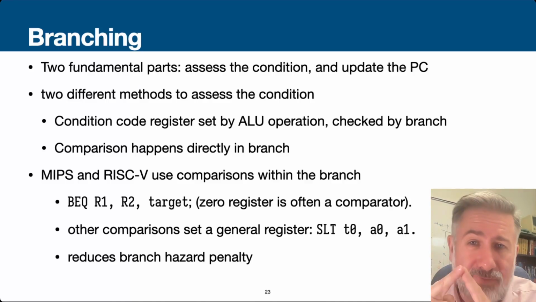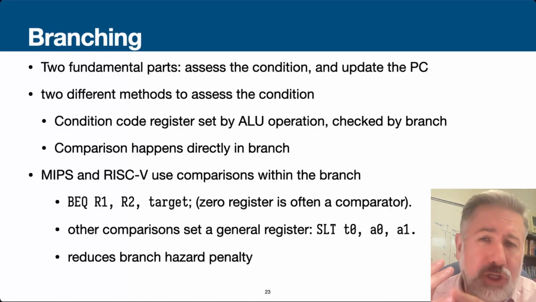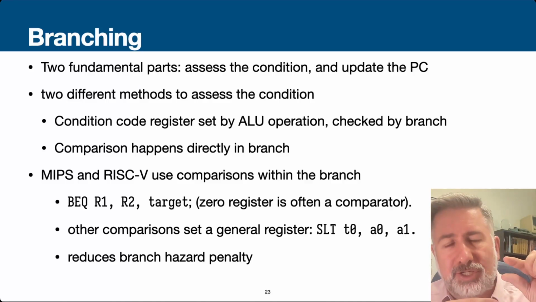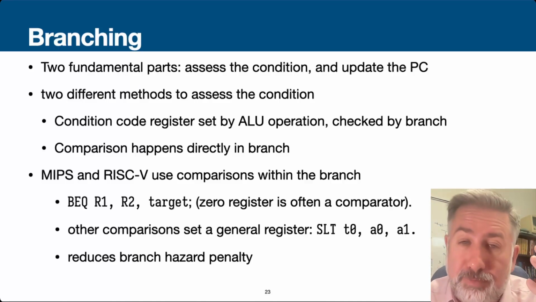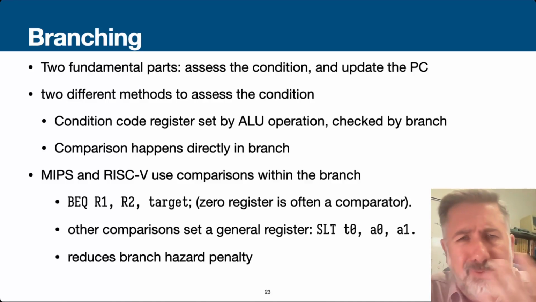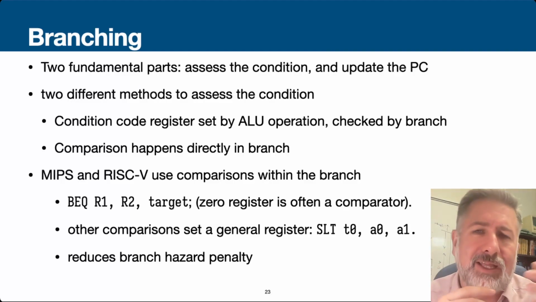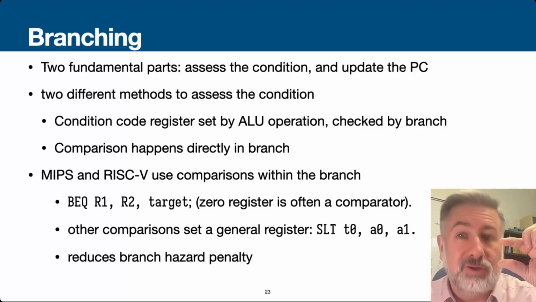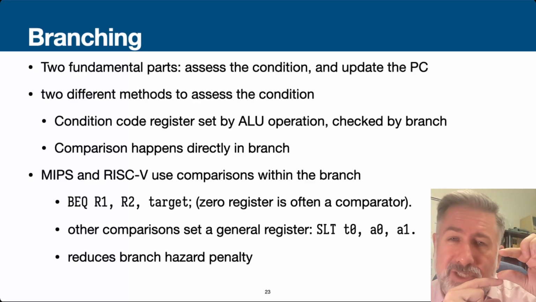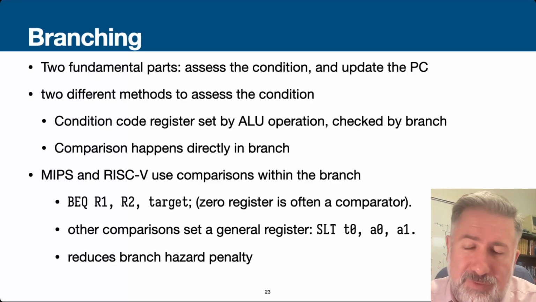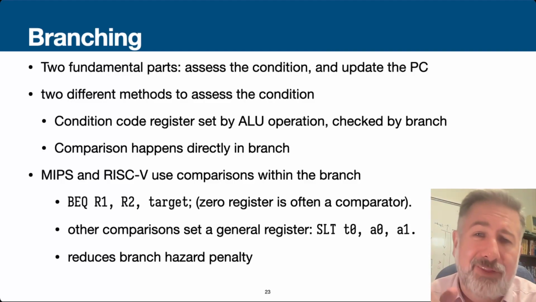And as a result of that, most architectures that implement explicit comparisons within the branch have very simple explicit comparisons. Branch if equal, branch if not equal. Sometimes they might do like a branch if less than. But usually it's just branch if equal, branch if not equal, because then you can have another instruction that's going to set some other general purpose register to a complicated state. Right? If you want to compare with XOR, or you want to compare with subtract or something like that, you can do this in one instruction, set a general purpose register, and then branch if that general purpose register is equal to or not equal to 0. If your comparison failed, you'll get a 0 in that general register,